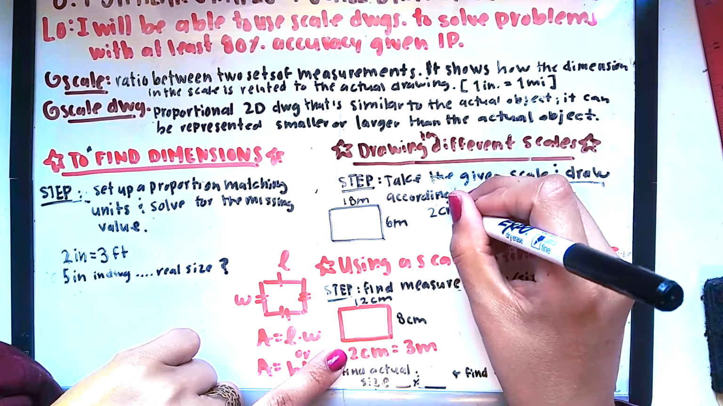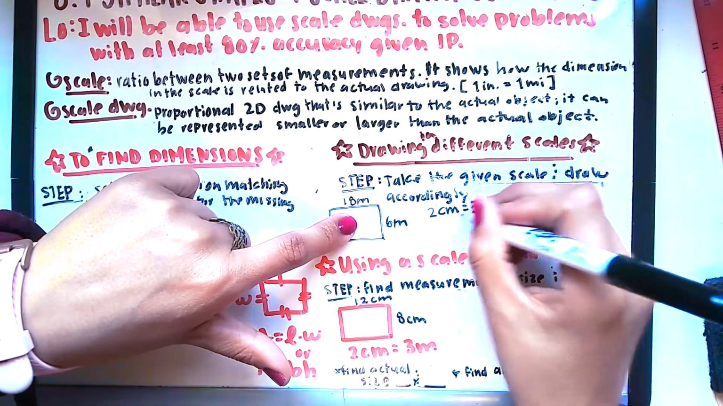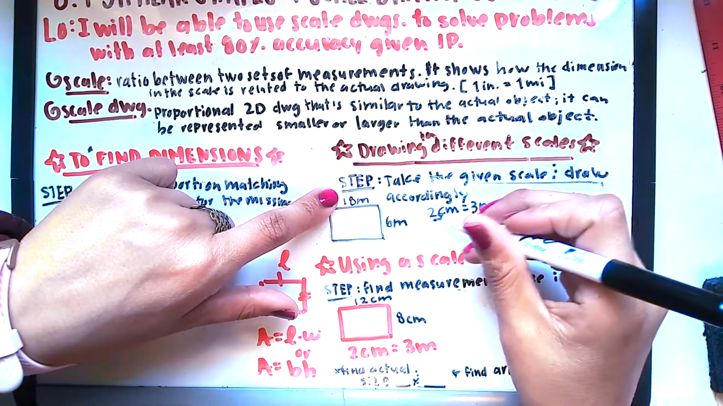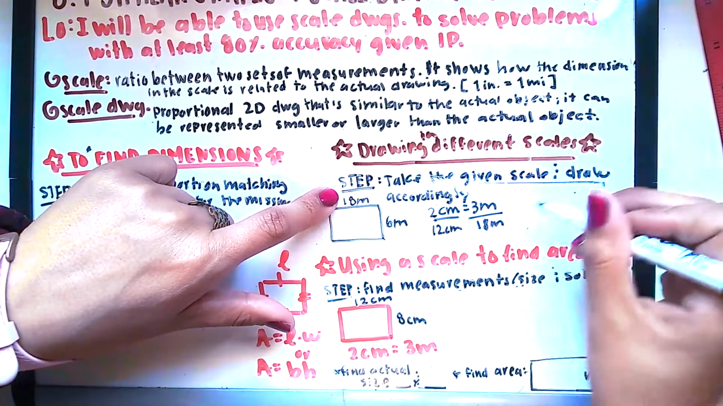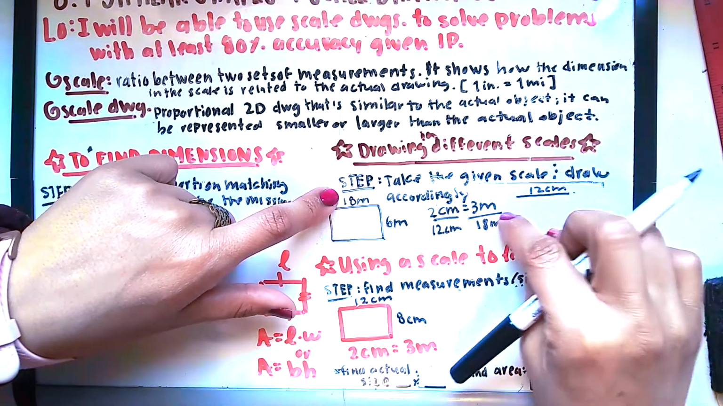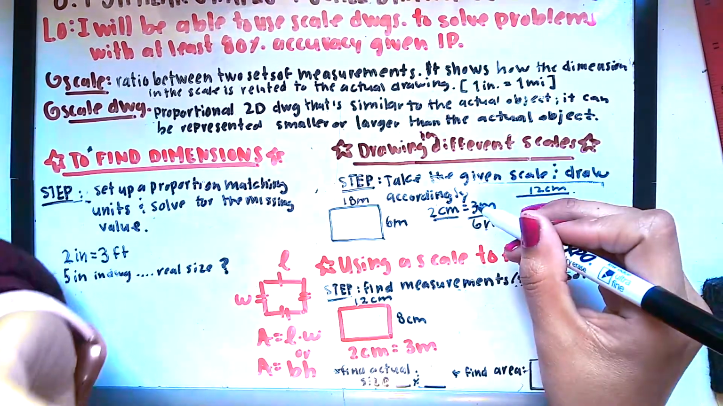So I have 2 centimeters equals 3 meters. Now I'm given meters because that's the actual size. So then I can write 18 here for the first one. And then I do 18 times 2 is 36. And 36 divided by 3 is 12 centimeters. So then my drawing has to have 12 centimeters here. And then for the width, this is 6 meters. 6 times 2 is 12 divided by 3